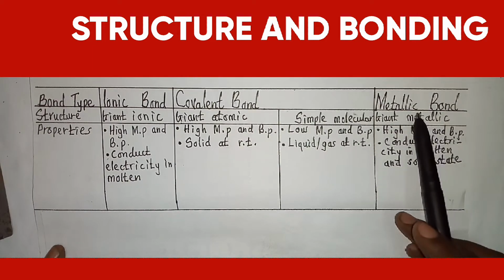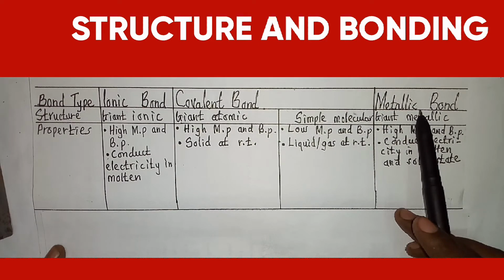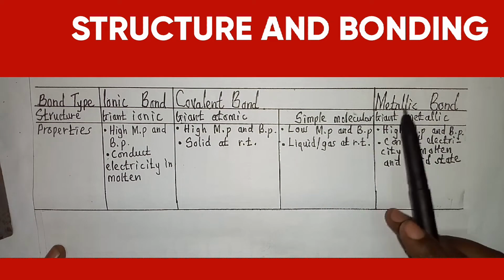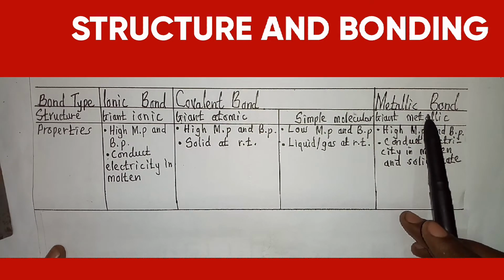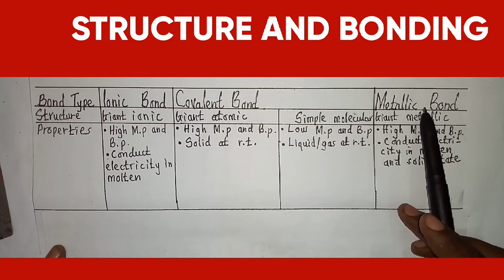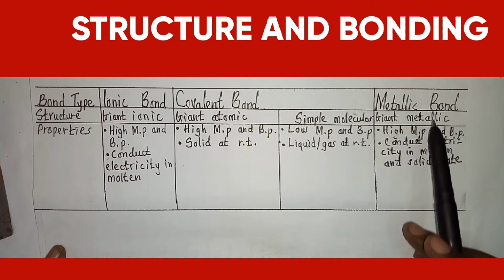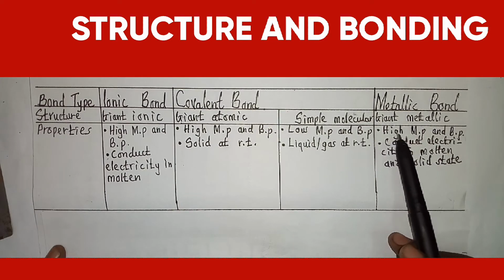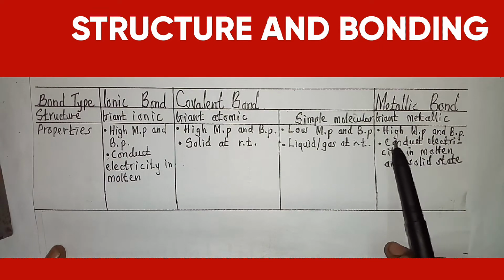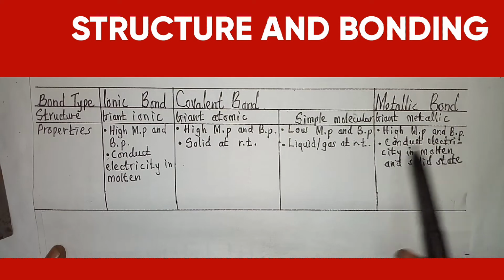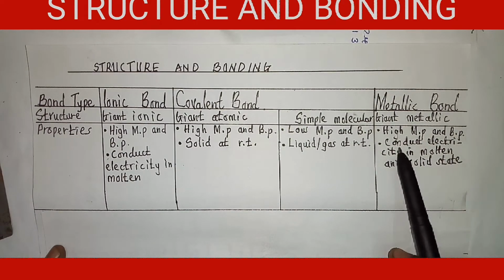Now, when it comes to metallic bonds, which, as I said, is a bond formed between metal atoms, like sodium atoms or magnesium atoms, the structure of the atoms which form metallic bond is giant metallic structure. Metals usually have high melting and boiling points because of the strong metallic bonds which require a lot of energy to break. And then the same metals conduct electricity both in molten and solid states due to presence of